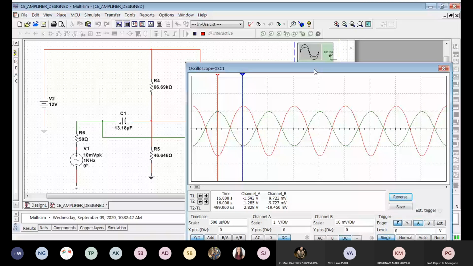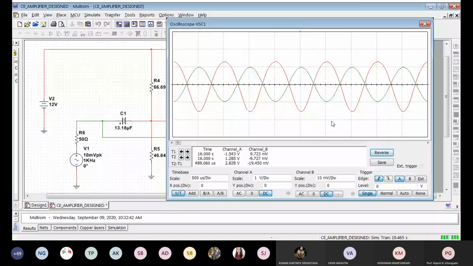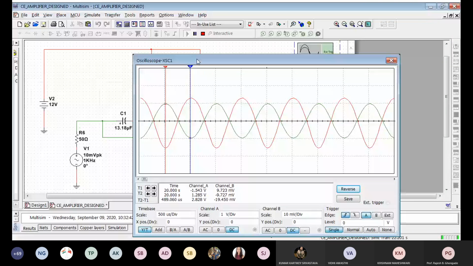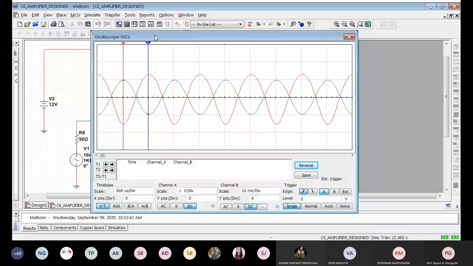Of course, why is there a phase shift of 180 degrees between input and output? Did you notice that? Why is that? Because it is a common emitter configuration. So you get 180 degrees phase shift between the input and the output values. So this is how you design a simple single stage voltage amplifier. Since the process is mechanical, I was able to write code for that and get it done.